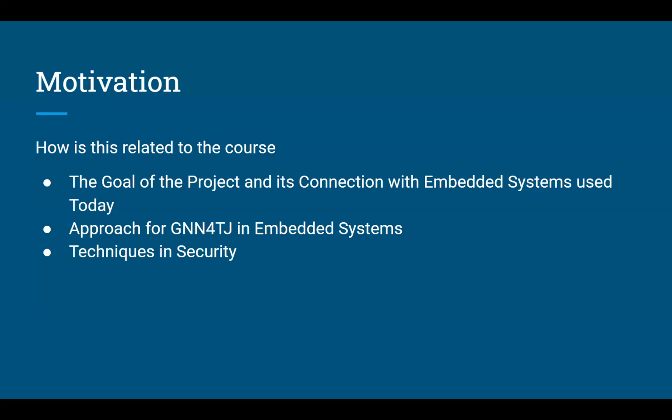GNN4TJ, which utilizes graph neural networks, and this is directly tied to the challenges faced by many embedded systems today, as these systems are integrated into a wide range of applications, from IoT devices to automotive systems, which we see everywhere. And the next point is the techniques we employed in this project are aimed at improving security